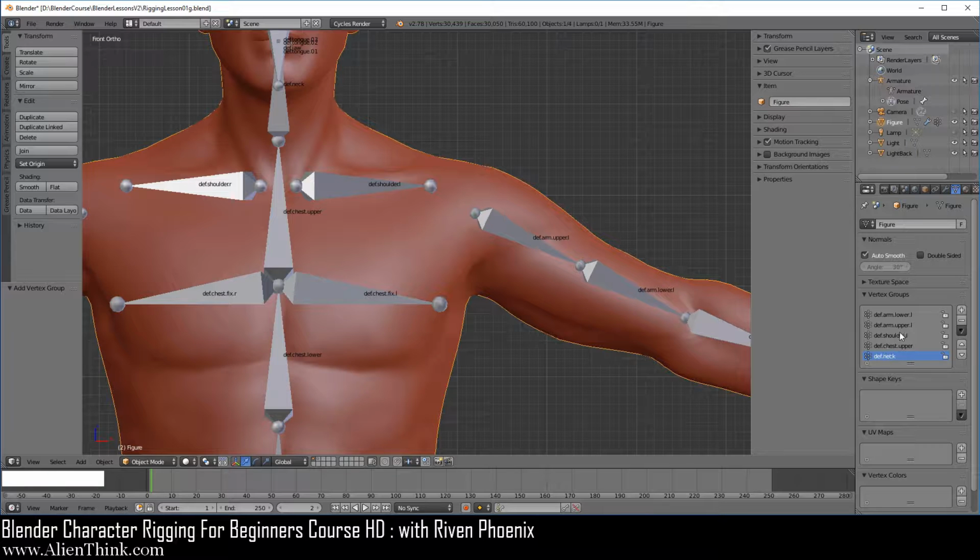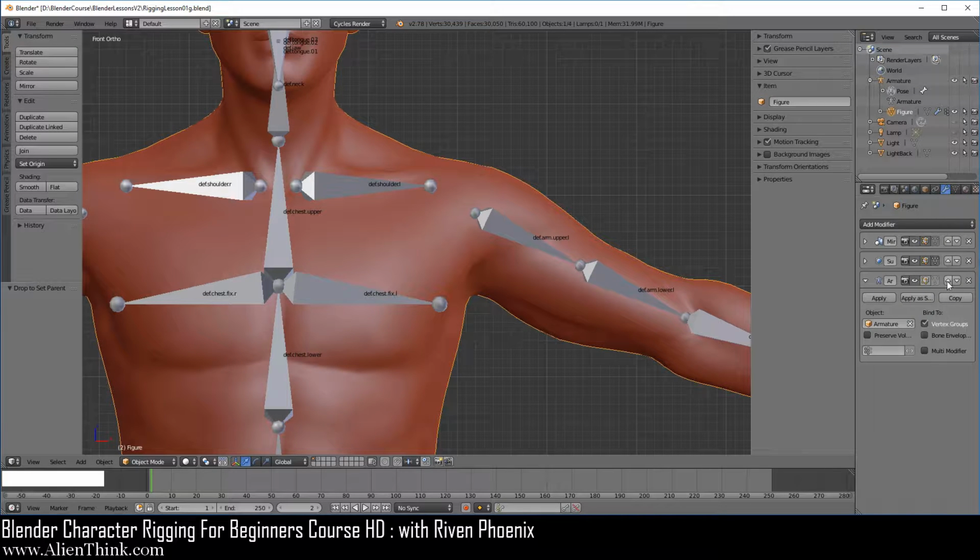So right now all we have are empty vertex groups. No vertices have been assigned to these vertex groups. Now, as you already know, in order to even use this concept of vertex groups with bones, we would have to click on this figure, drag it onto the armature, and then choose with armature deform. Go to the modifiers tab and move up the armature deform.